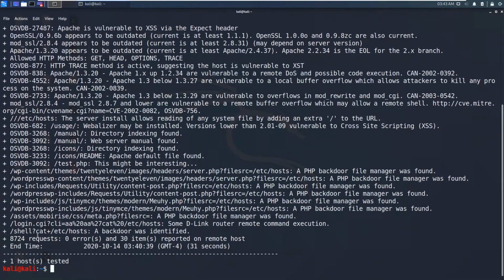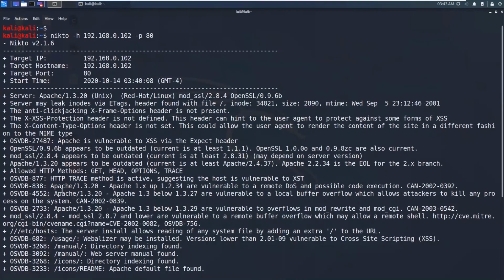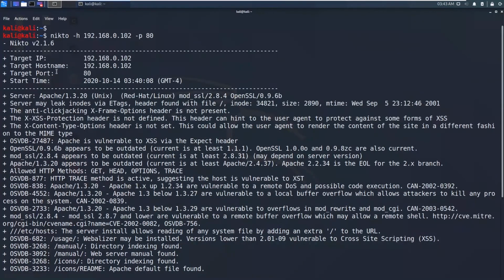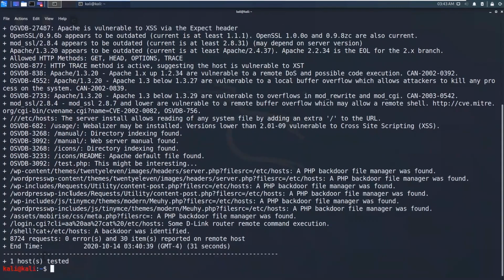Even Nmap, I forgot to say, is very noisy. So only if you have permission to pen test the network should you use Nmap. Otherwise, even with stealth scans, your IP address may be compromised. So always have permission to do the pen test, and only then use tools like Nikto and Nmap.